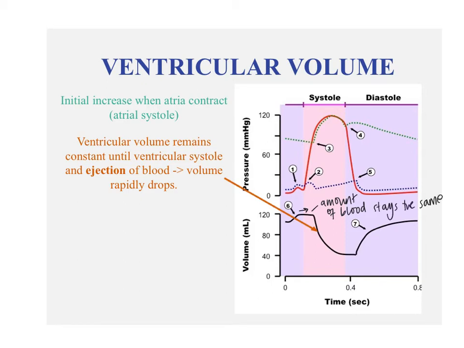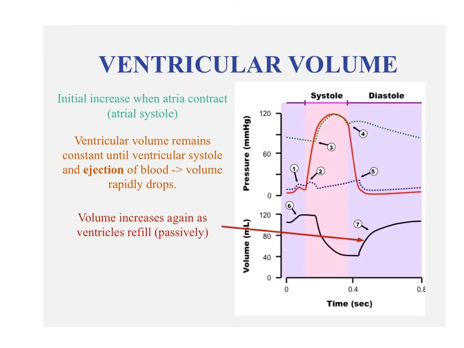However, the ventricular volume is going to drop when the semilunar valves open. And in this case, we can see that it goes from around 120 millilitres all the way down to 40 millilitres over about 0.2 seconds. Okay, and it's at this point that all of the blood has been ejected from the ventricles and they're completely empty. Then, over the diastole period, the ventricles are going to passively refill, so again, from the atria dropping down into the ventricles because of gravity,